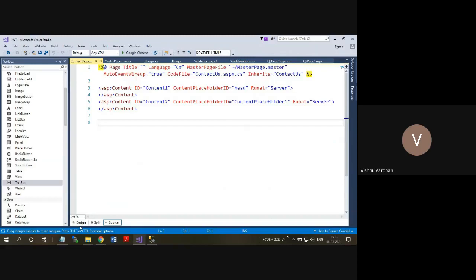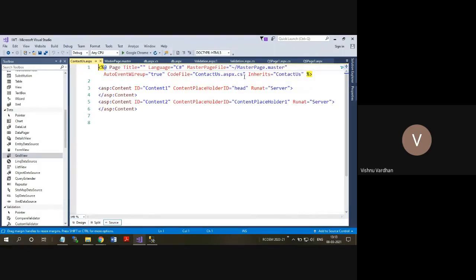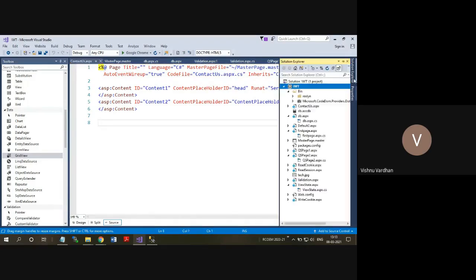What is the advantage? The advantage is very simple. This is my current page, but uniformity is maintained by having the common functionalities given in a single file, which is called the master page file. Suppose your web application has 500 pages.